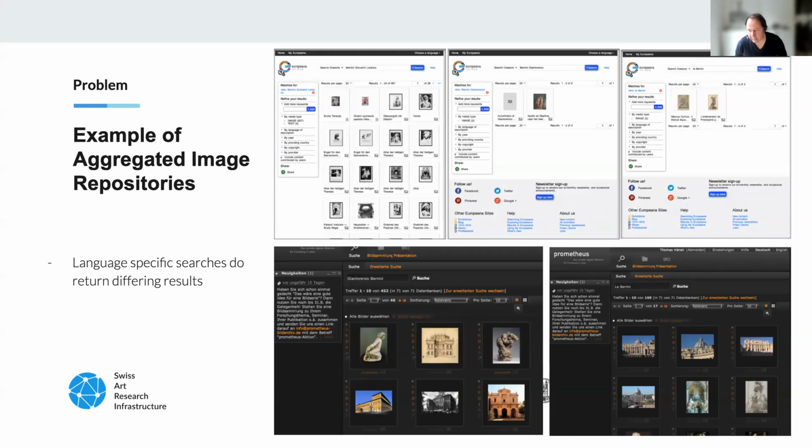Now, why actually is this so important? I will just give you one example, how it looks when it comes to aggregated image repositories. When we wrote the proposal for the Swiss Art Research Infrastructure, Tristan Wedding and myself, we analyzed a little bit what tools we do have. For instance, we found out that if you're looking at something like Europeana, which is really honorable and